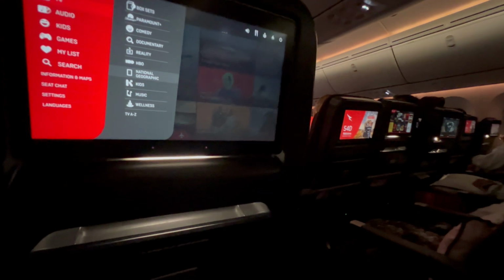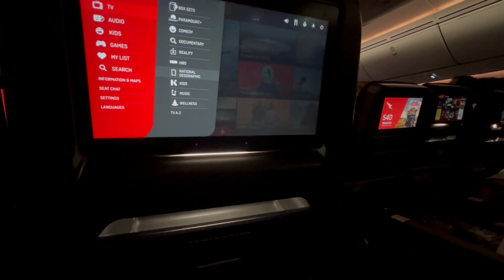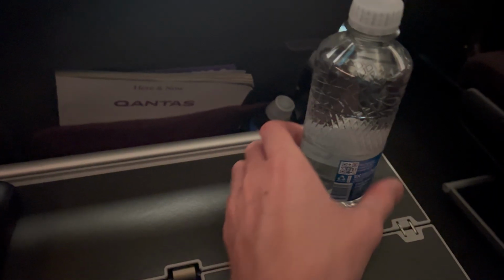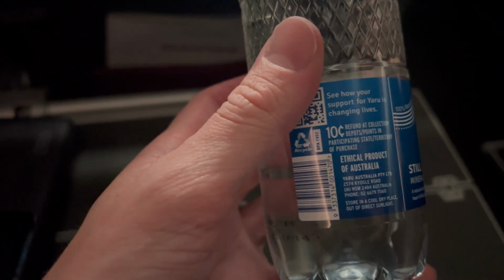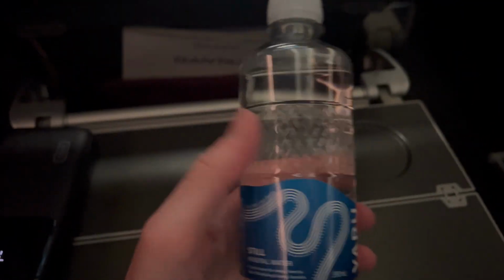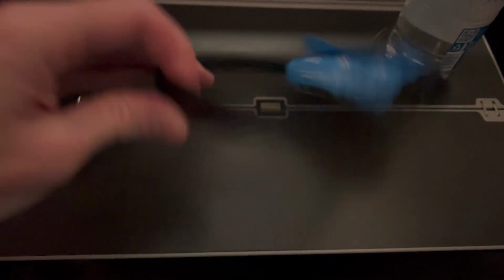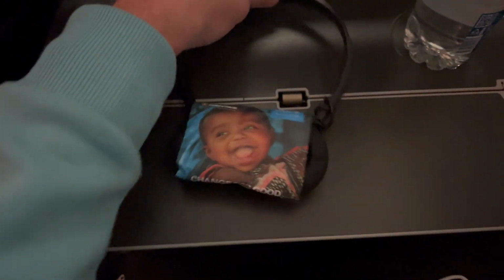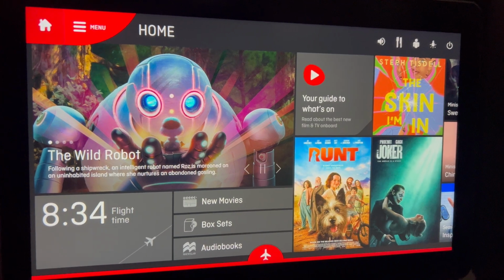And just like that, we're well and truly on our way to cruising altitude of 39,000 feet on tonight's flight, three quarters of the way across the Pacific. Anyway, I failed to mention when boarding, there was a pre-departure bottle of still mineral water at my seat. Also at my seat were the IFE headphones for tonight's flight. Just your usual cheap and pretty nasty headphones, to be honest,